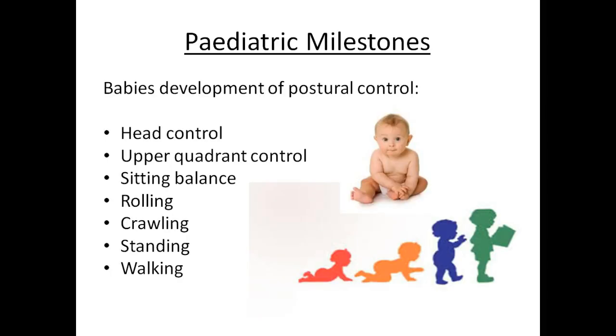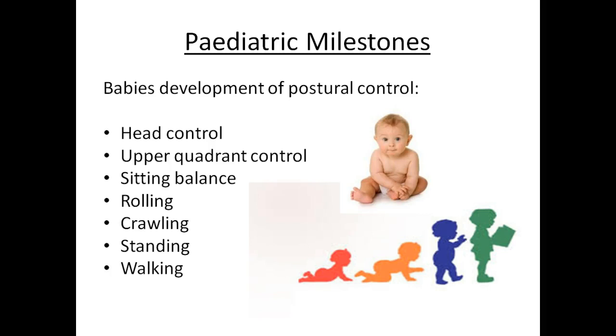So, pediatric milestones within the young child. Okay, young babies, the first thing they do is develop head control. They've got to be able to see what's going on and what they're doing, and that's from our hunter instinct. All our senses are on our head, and it needs to be orientated to what we're looking at. Then we learn upper quadrant control. The arms, you'll see babies just push up naturally, pushing themselves up as they develop that upper quadrant control. Then they gain sitting balance. Between 4 and 6 months, they should just be able to sit there on their own, where they're developing the musculature and the tone and the skills of just being able to sit up.